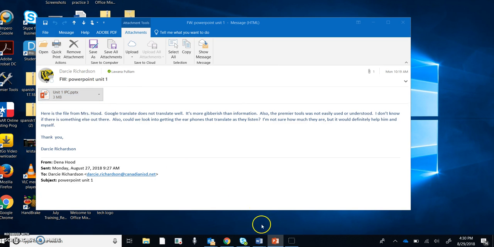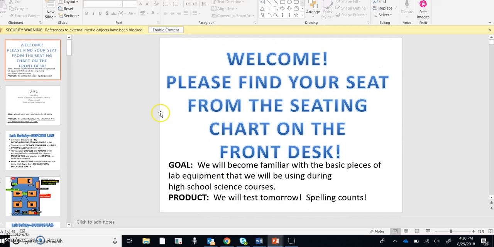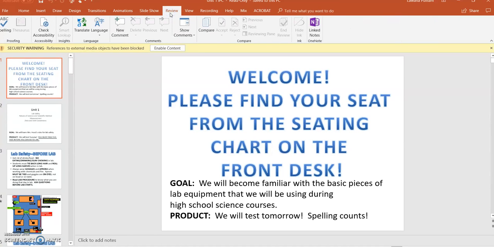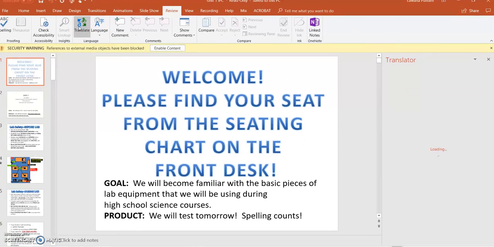It's going to open. I actually already have it opened. And he's got his stuff. I'm going to move this up right here. So I'm looking here at this first part of the PowerPoint, the welcome slide. I'm going to go over here to this review button, and you'll notice there's a translate button right here. So I'm going to click translate,